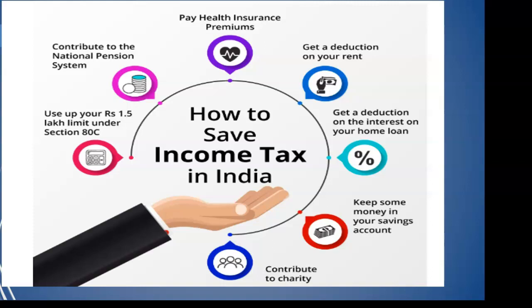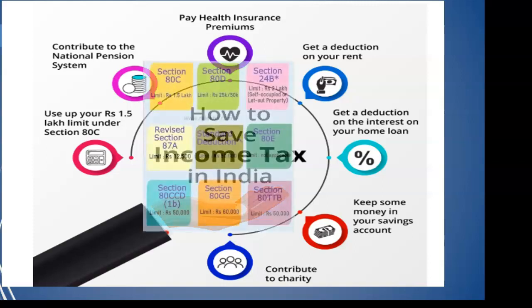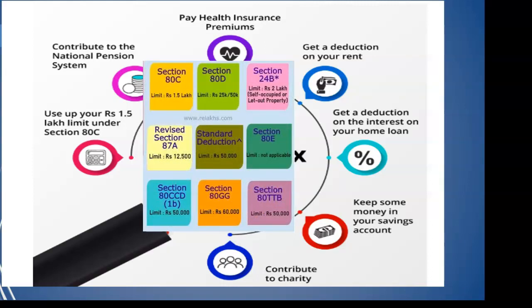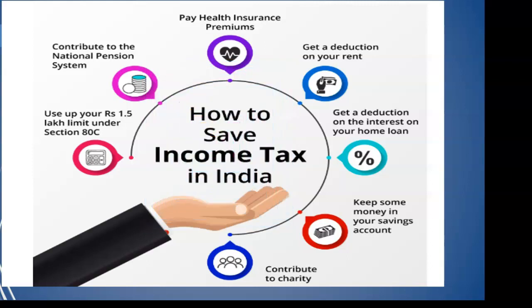Deductions are the items which are allowed when an assessee undertakes a particular activity like saving or taking a housing loan. Most of the deductions are under section 80C, that is Chapter 6A of the Income Tax Act. For a salaried employee, he can take many deductions under section 80C, that is up to 1.5 lakhs.